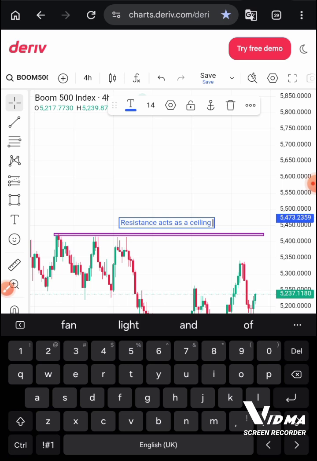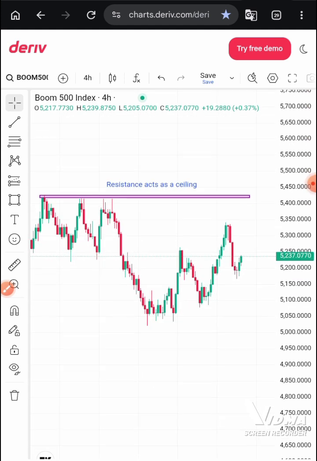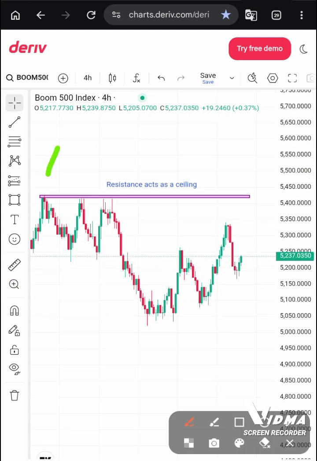Okay, so the price tries to break. We can see here our price tried to break here. Our ceiling refused, resistance refused. Here it refused. There on third touch there, it refused, and price got pushed back down. Okay,